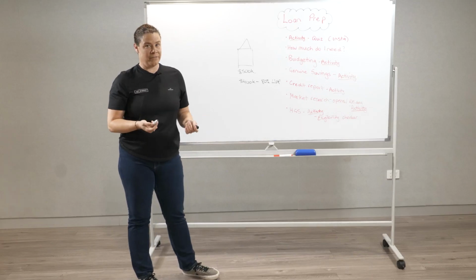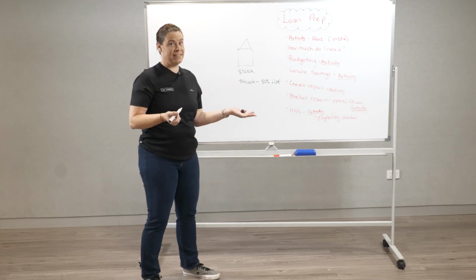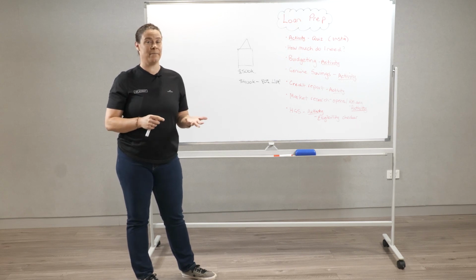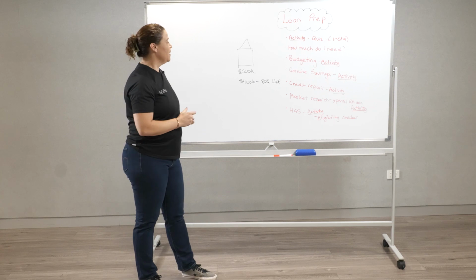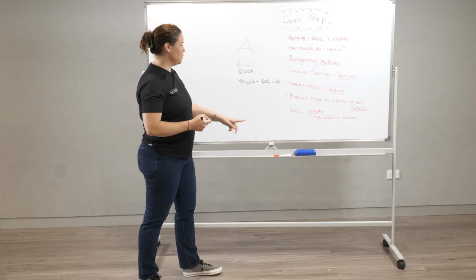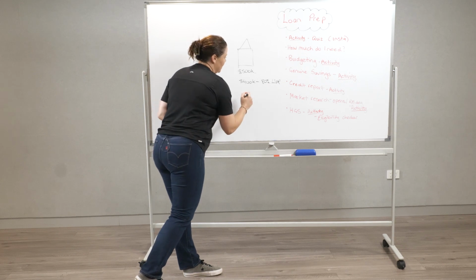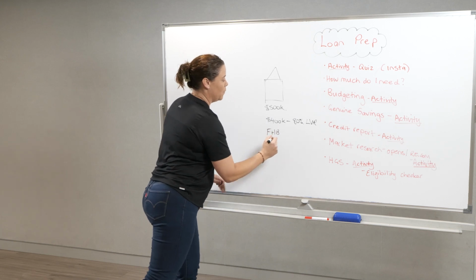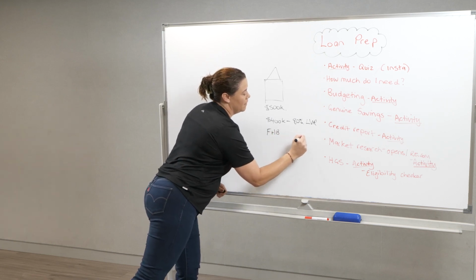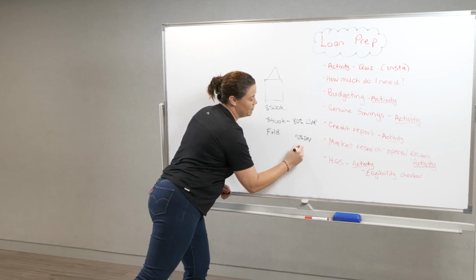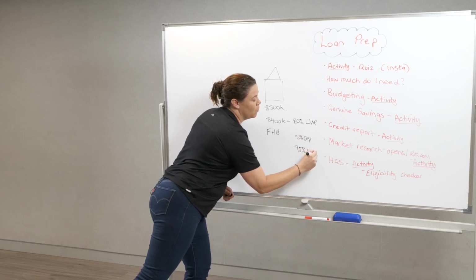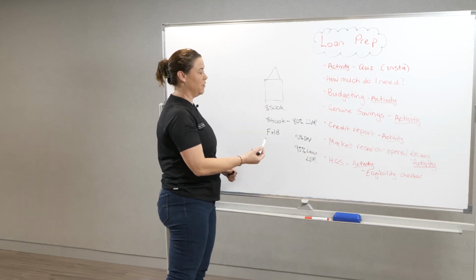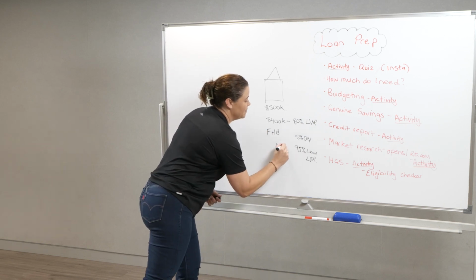Now, most people don't have 20% deposit saved, which is obviously in this example $100,000. And so the government gives assistance to first home buyers so they can actually get into the market with less than 20% deposit. So the Home Guarantee Scheme, which we'll talk about in a second, they actually allow us to use that for first home buyers. First home buyers can actually get in with 5% deposit, which means 95% loan, or loan to value ratio. So this loan is going to be 95% of the value. So that's going to be $475,000 loan